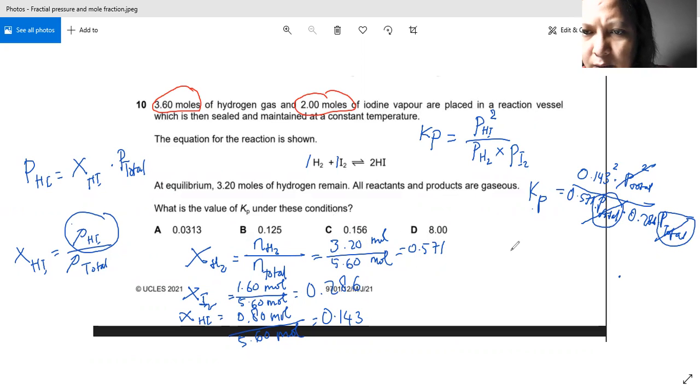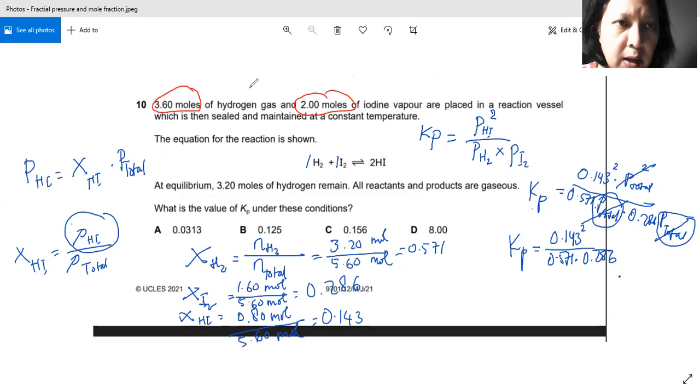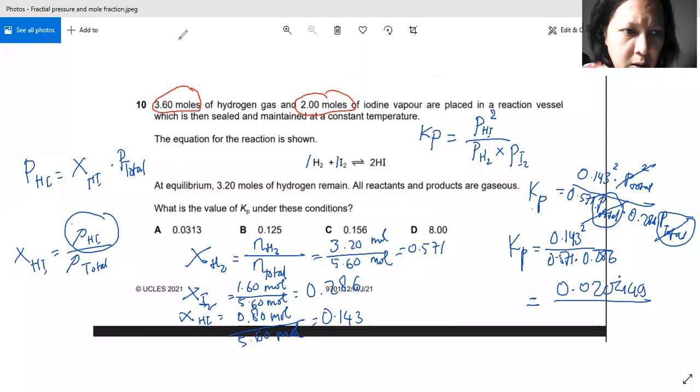In other words, Kp equals 0.143 raised to the power of 2 divided by 0.571 times 0.286. And now we calculate. Okay, so we have 0.143 squared. I'll just write down the whole thing first: 0.02044 divided by 0.571 multiplied by 0.286